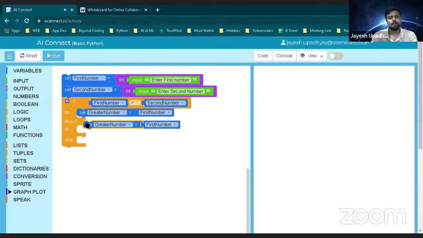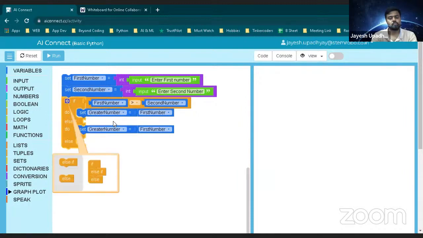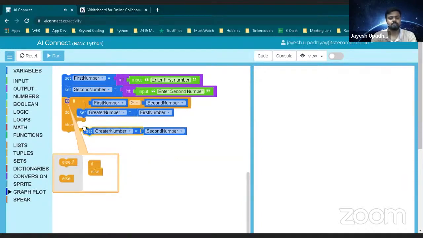If this does not happen, wait a minute: if first number is greater than second number is not true, the second number will be greater, right? There is no use of else if in that case. Just a simple condition like this.